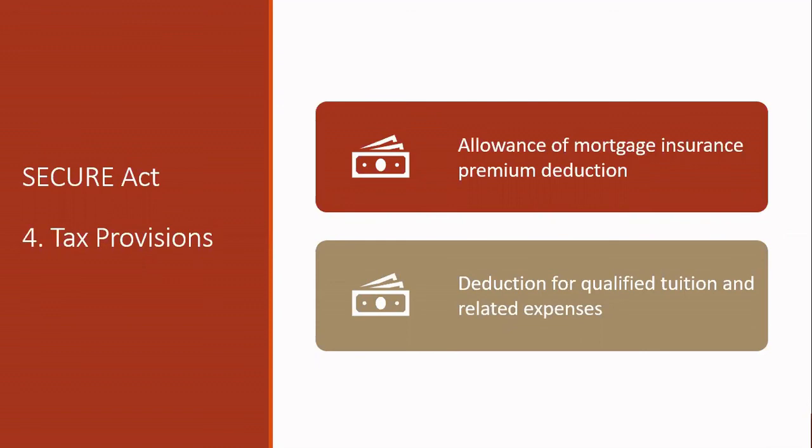The second item is the deduction for qualified tuition and related expenses. This deduction, you can deduct up to $4,000 of qualified higher education expenses, they call it. And they do this through this fancy term called an above the line exclusion from your income. So an above the line exclusion means if you're paying your taxes but you do not itemize, you can still take this deduction. However, some phase out income